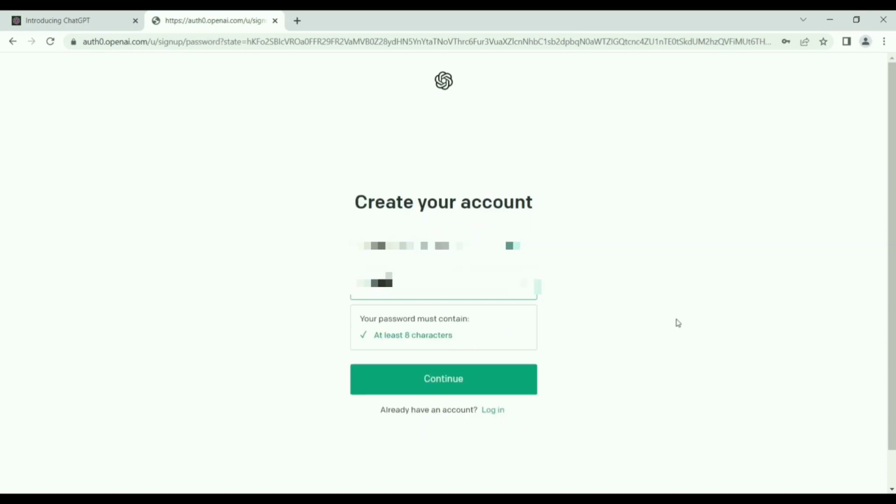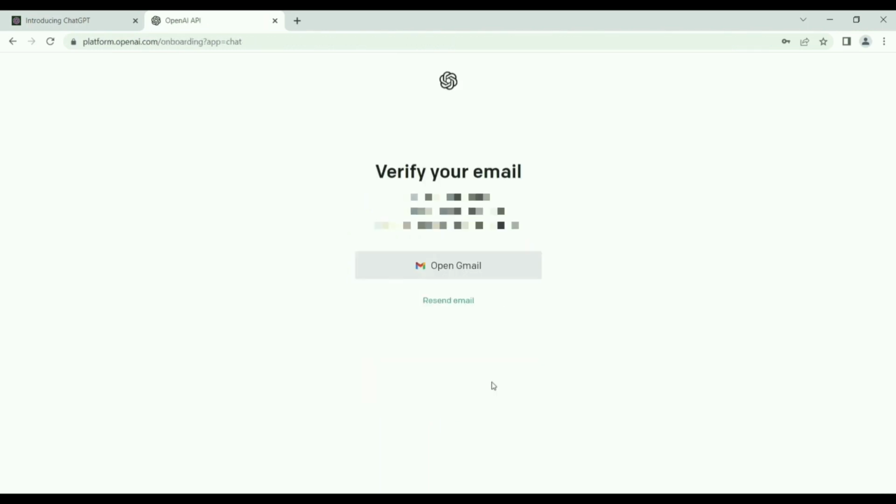After that, you need to create a password, and your password must be 8 characters long. After setting up your password, click on continue. Now you need to verify the email address that you provided. Click on open Gmail. This will take you to your email, and click on the mail received from OpenAI and click